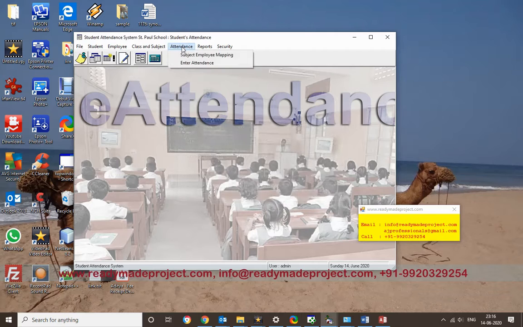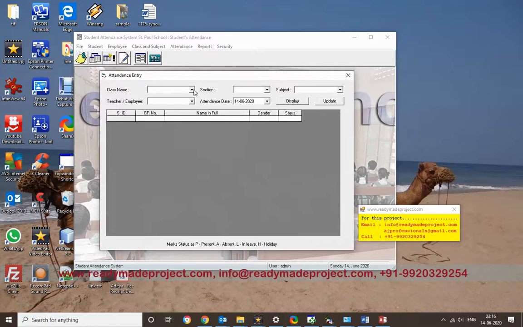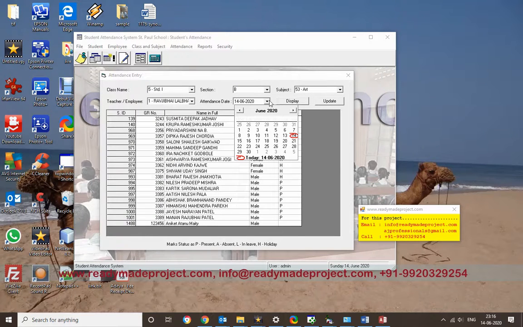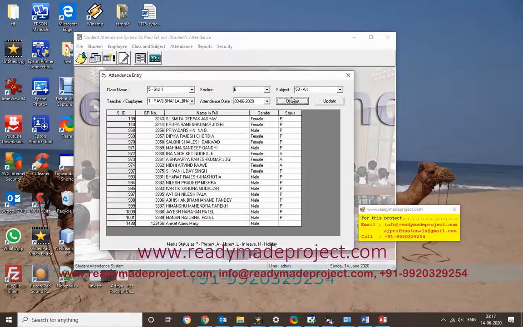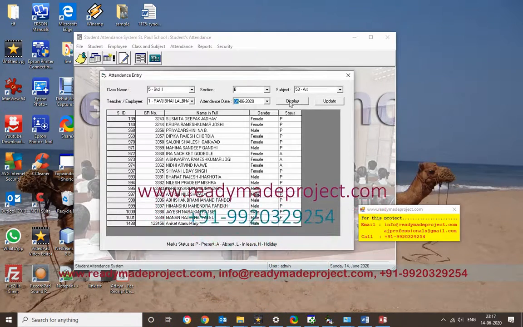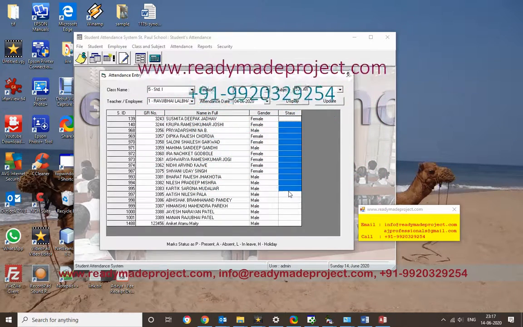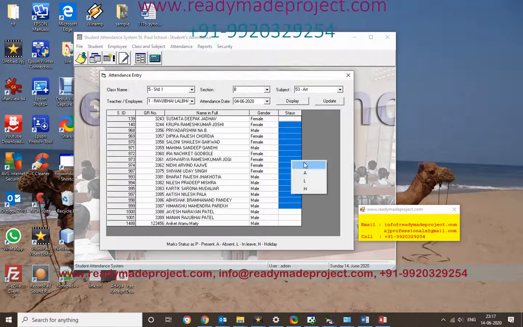Once it is done, you have to enter the marks. So I want to enter attendance for standard 1 and section, say B section, subject art, which is already added. Now how will we add? We just select the row, right click here, and this option will come.